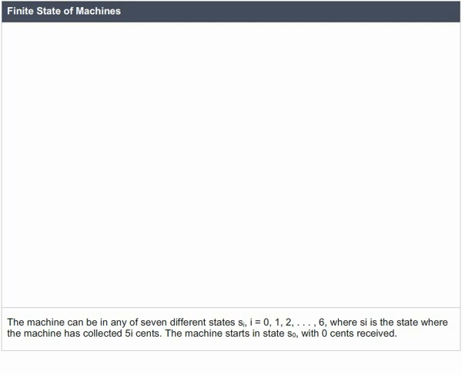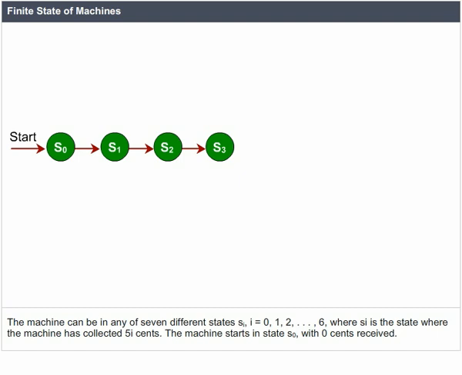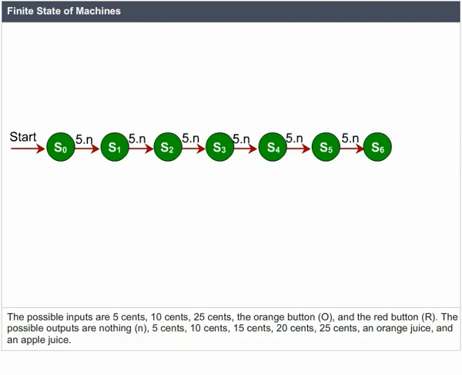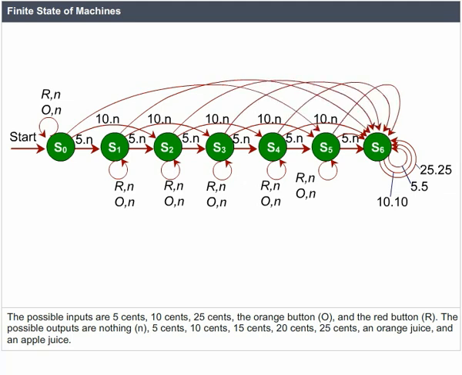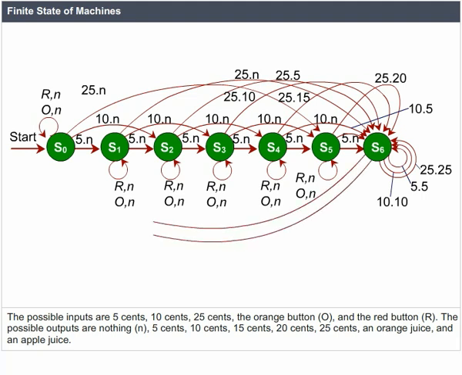The machine can be in any of 7 different states Si, i equal to 0, 1, 2, etc., 6, where Si is the state where the machine has collected 5i cents. The machine starts in state S0 with 0 cents received. The possible inputs are 5 cents, 10 cents, 25 cents, the orange button O and the red button R. The possible outputs are nothing, N, 5 cents, 10 cents, 15 cents, 20 cents, 25 cents, an orange juice and